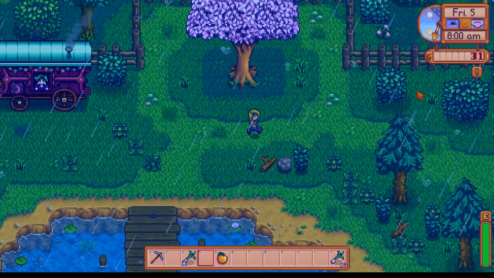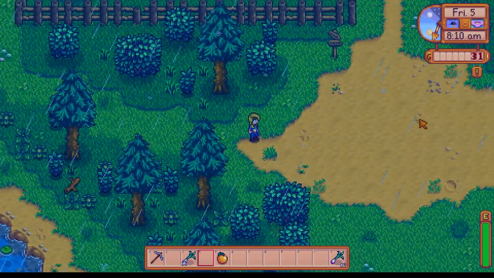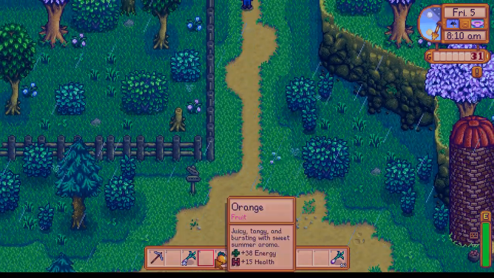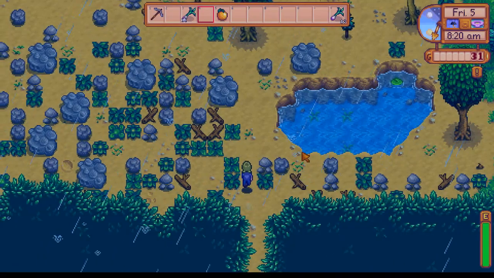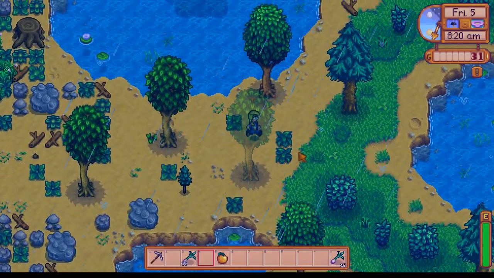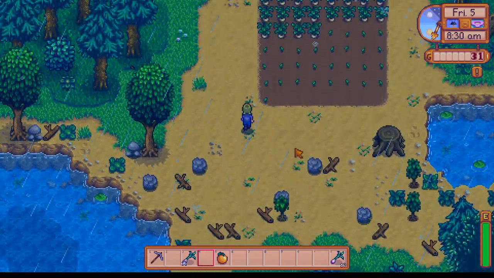Again, we'll be using that for the community center, and I think if we actually go near it now, we'll get that cutscene I was talking about earlier. So you definitely want to make sure you don't accidentally eat this. I'm going to go straight back to my farm, actually, and just put it away in the chest, just to be safe. And depending on how much wood we have, I might actually set up another...